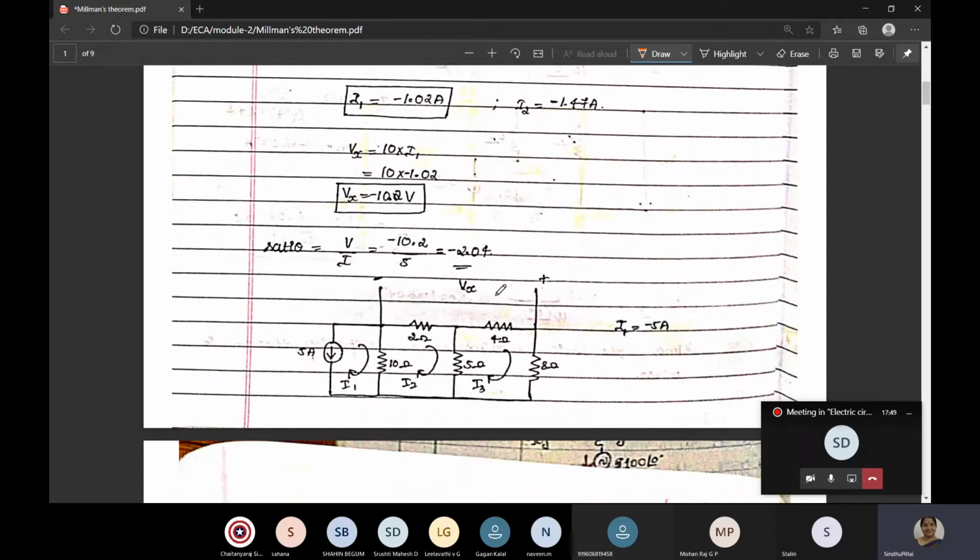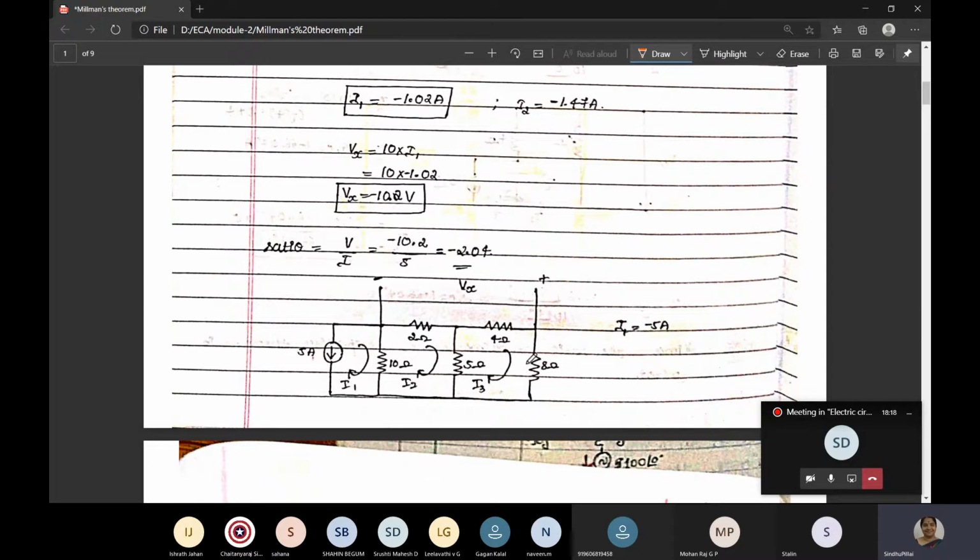Now we have to find what the voltage is here. How to find it? Voltage Vx is nothing but the voltage drop across 2 ohm and the voltage drop across 4 ohm put together. To know the voltage drop, we just have to know the current. If we know I2 and I3, then I2 into 2 plus I3 into 4 will give me the voltage Vx. So to find I2 and I3, take three meshes, I1, I2 and I3.